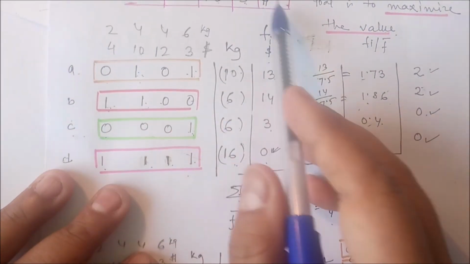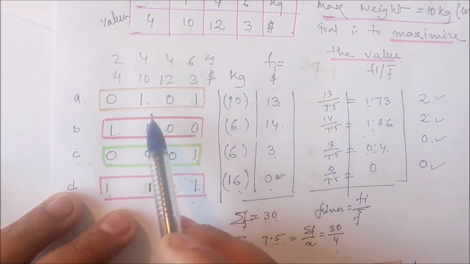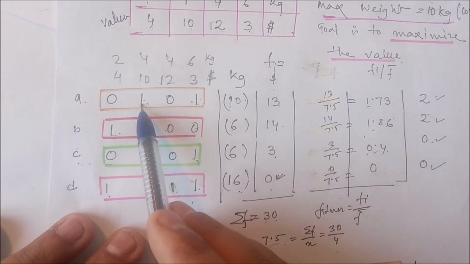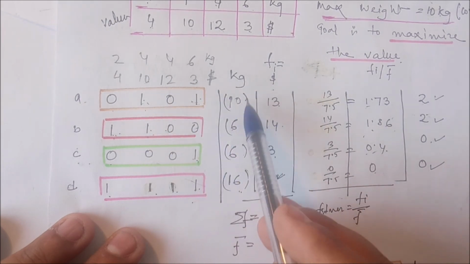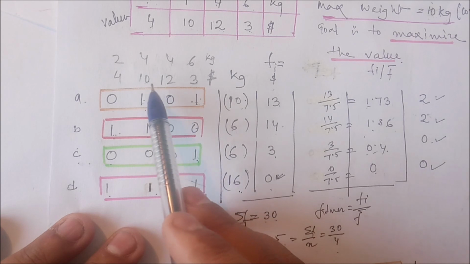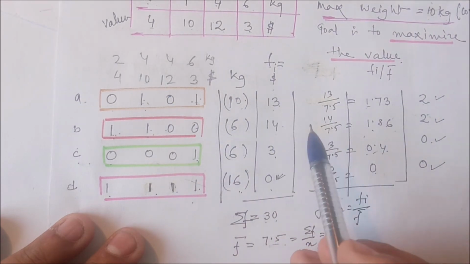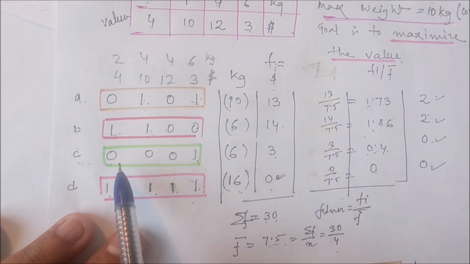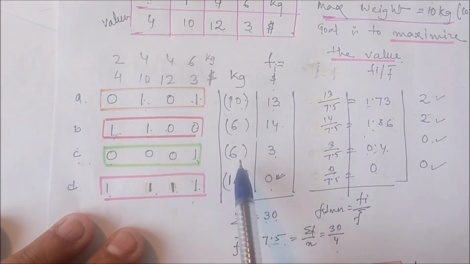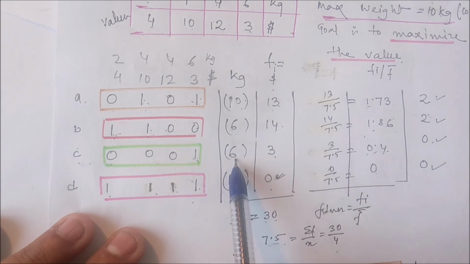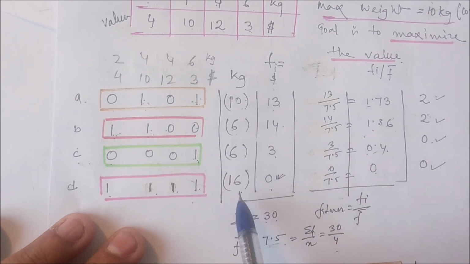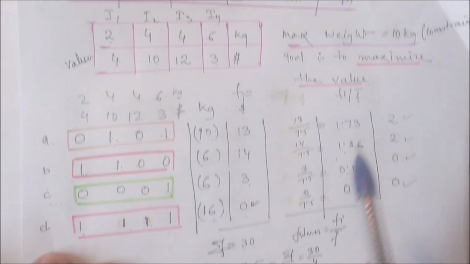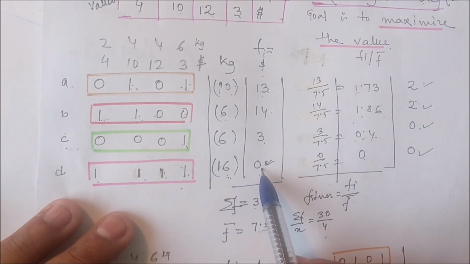तो हम लोग का 4 आइटम है, इसीलिए हम लोग क्रोमोसोम के 4 बिट ले रहे हैं, और रैंडमली कुछ बिट ले रहे हैं ABCD। तो यहाँ पे अगर हम लोग आइटम 2 और 4 को लेंगे तो टोटल किलोग्राम होगा 10, और इसका जो वैल्यू होगा 10 + 3 दैट इज 13। उसी तरह से ये 2 लेंगे तो किलोग्राम होगा 6, वैल्यू होगा 14। इसमें से आइटम 4 को ले रहे हैं, वैल्यू होगा 3, किलोग्राम होगा 6। अगर चारों के चारों लेंगे वेट होगा 16, तो 16 तो नहीं ले सकते क्योंकि मैक्सिमम हम लोग 10 किलोग्राम ही ले सकते हैं, तो इस केस में फिटनेस वैल्यू 0 हो जाएगा क्योंकि ये वायलेट हो जा रहा है।